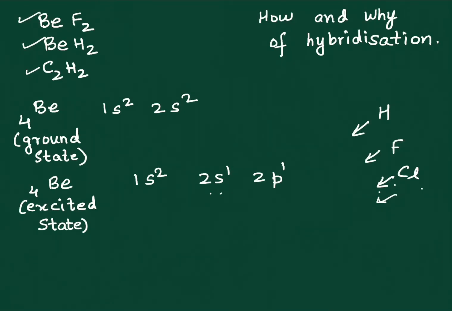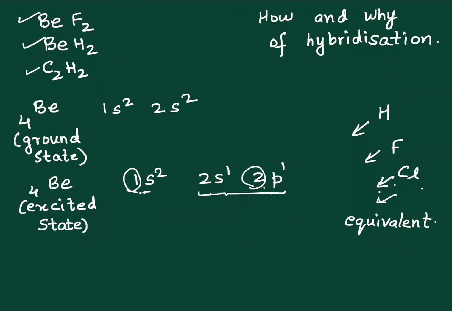Please understand that this excitation and hybridization will take place between orbitals which have equivalent or similar energy. It cannot take place between orbitals of vastly different energy. So I cannot have a jump from 1s2 to 2p1, because that would be a change in the energy level, an extreme change for the electron for which it is not yet ready.